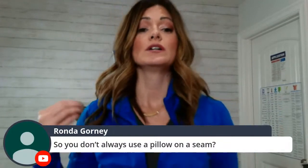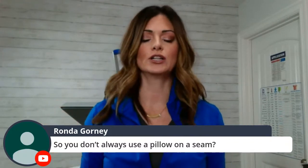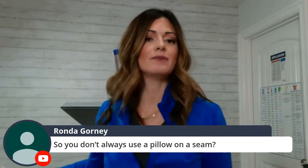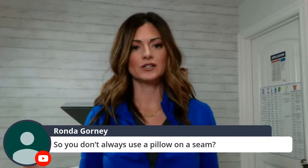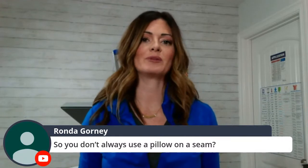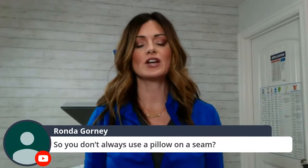Rhonda, so yes, I would strongly encourage you to use a pillow on a seam. In this particular situation, I am not washing this shirt. This is a show piece only. Nobody's going to wear it around. For durability and testing purposes, I strongly encourage using the pillow because you just want to make sure that you